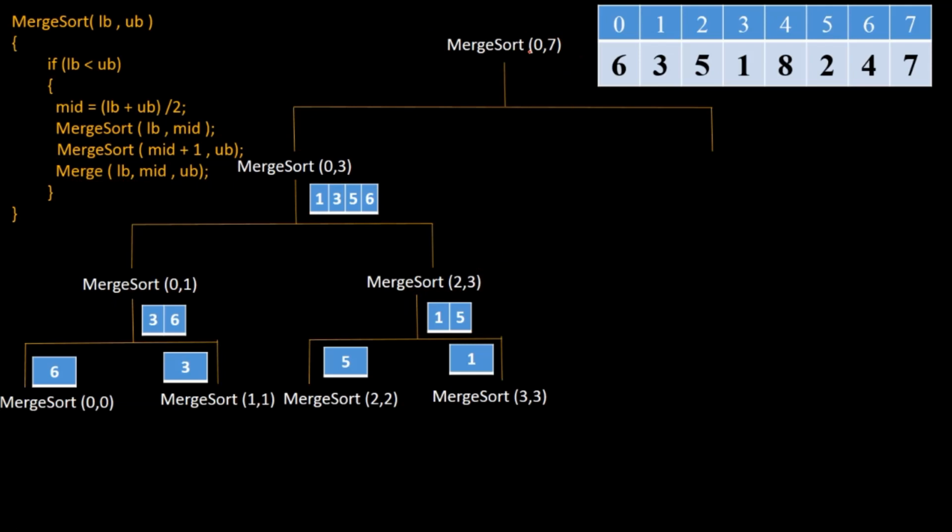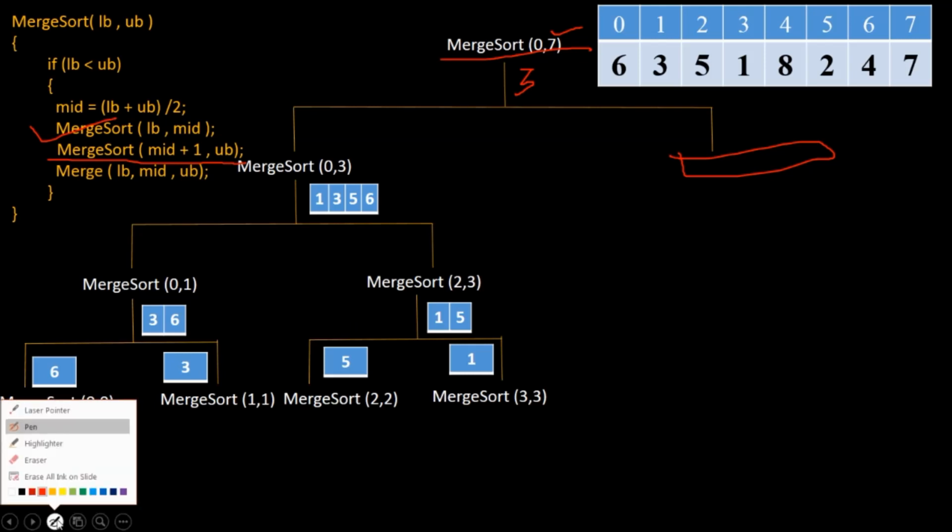Okay. Now what is the mid of this function? How to calculate the mid of this function? By LB plus UB divided by 2. LB plus UB is 0 plus 7, divided by 2. How much? It is 3. 3 is the mid value of this function. Okay. So you have completed this function. Now you are going to work with mid plus 1. So how much is mid plus 1? That is 3 plus 1, 4. And how much is UB? UB is 7. Right. So here it will be merge sort